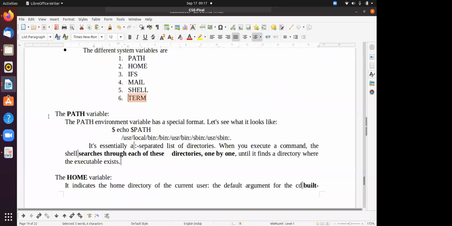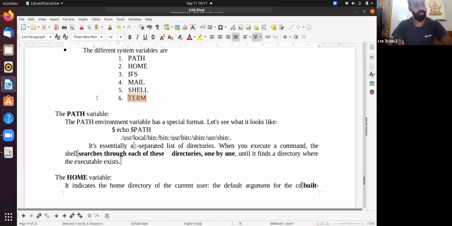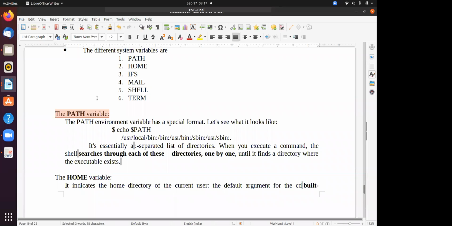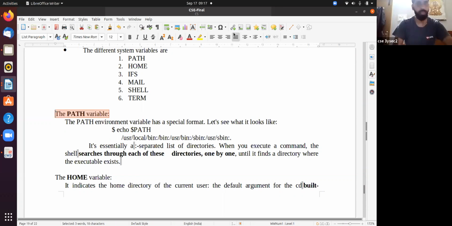The PATH variable. What is the purpose of the PATH variable?